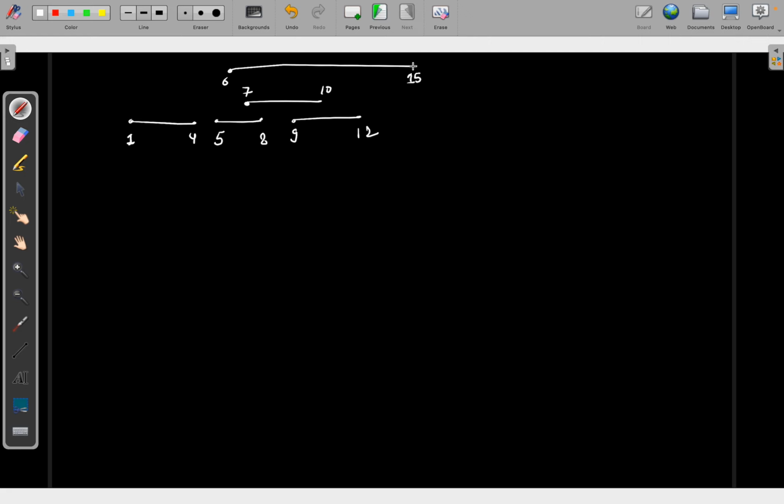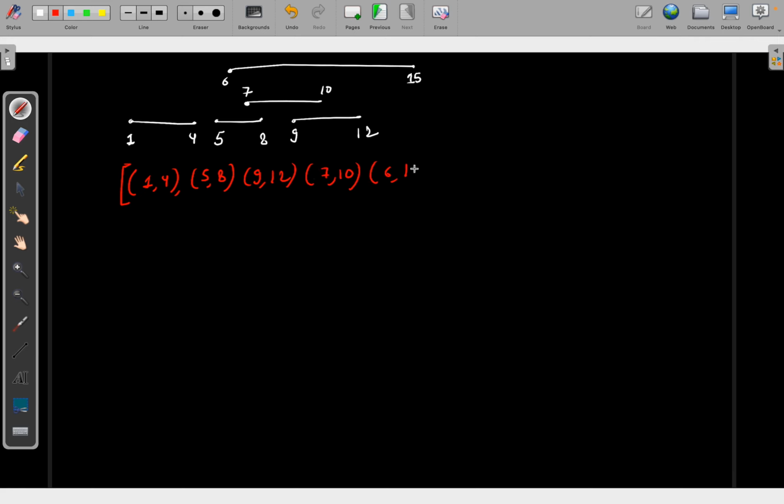Now suppose these intervals I put inside an array randomly: 1 comma 4, then 5 comma 8, then 9 comma 12, then 7 comma 10,